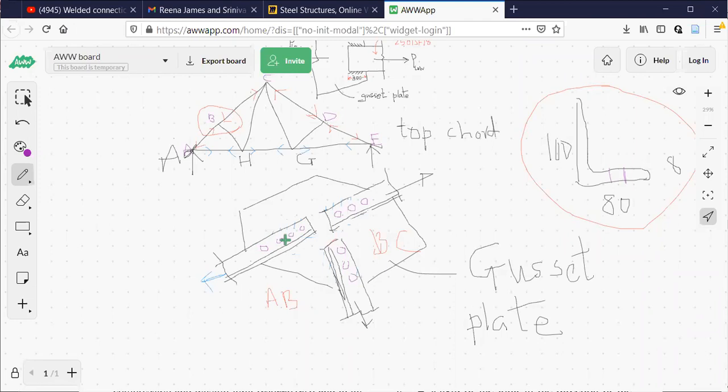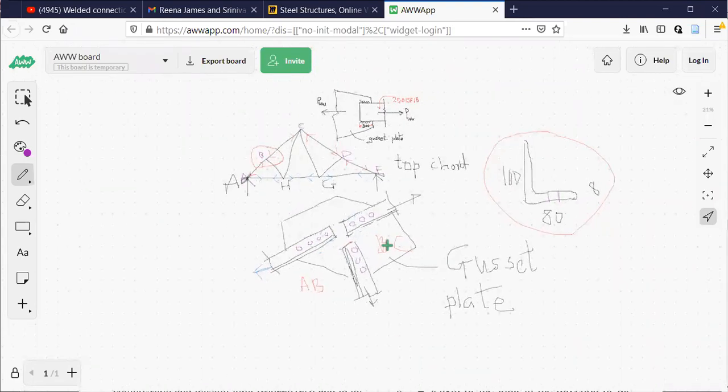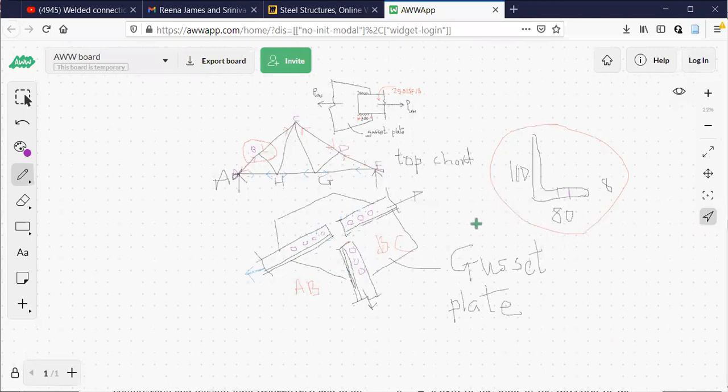But I'm going to start with welded connection today. According to me, it is a little bit easier. One simple formula is there to find it, and that formula is available in the code book. I'll also show you on which page number it is available. So let us start with this one here. Is it clear what I'm telling you now? Don't worry about this figure, it will come later. Only look at this truss and joint B. This is joint B. Any questions here?